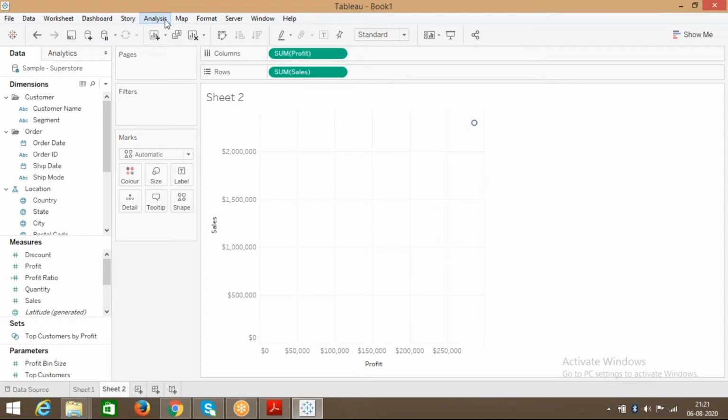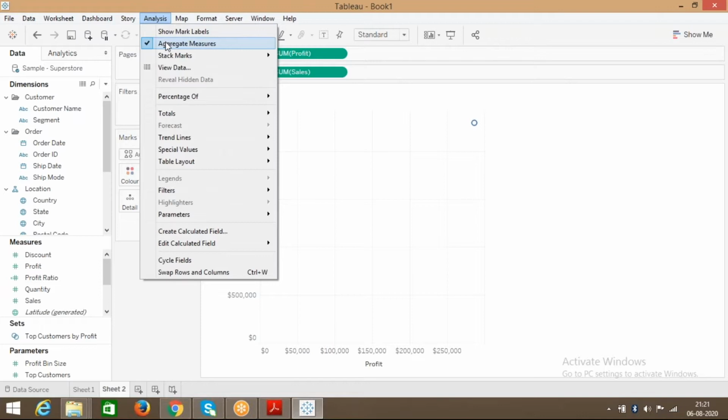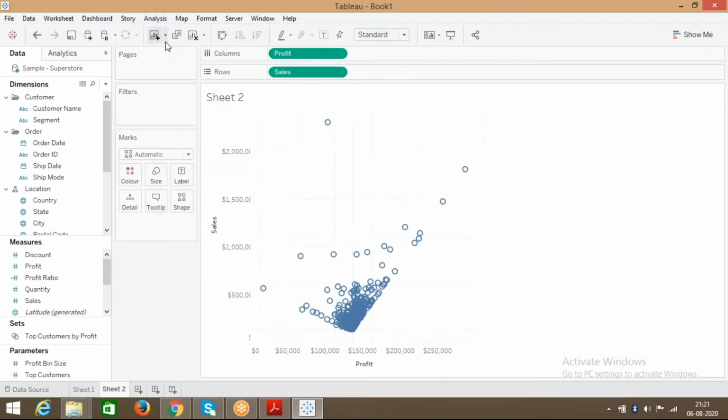Now I want to do a disaggregation. For example, I'll click on this aggregate measure option. When I do this, automatically this gets divided, which means whatever the one dot was showing gets divided into multiple. This is coming based on the specific orders, because this particular order data set has the information based on the order ID. So each and everything got split. It's disaggregated. Now, if you look at this column, you do not have the sum prefixed to it; that was removed. Again, if I click on this, it automatically becomes sum.